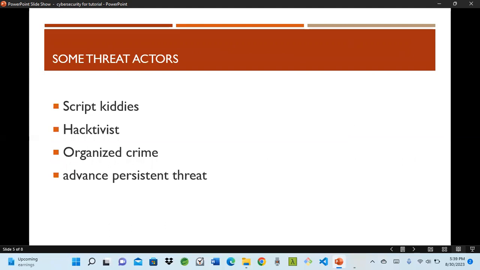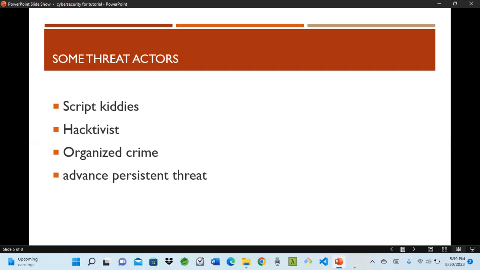Some of the threat actors you can think of: organized crime, and those are basically groups that are organized. A lot of times they steal money, right? You might hear about somebody sending ransomware. I remember hearing about a hospital that got some ransomware and ended up paying money. And also paying the money doesn't always get you your data back, right? Because basically what happens with ransomware, they encrypt your data, and so you're not able to access your own data.